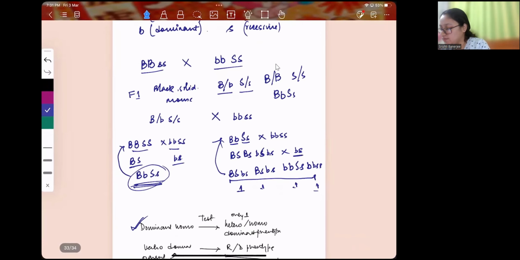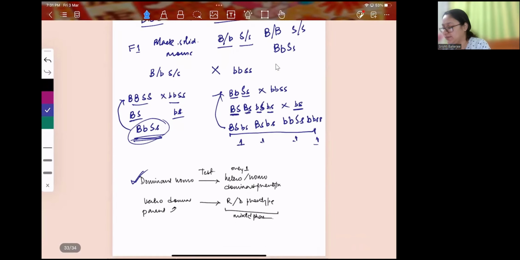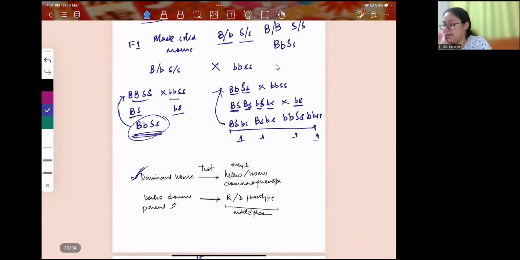Why? Because you see there's a variation here. If my result gives me a mixed phenotype, then it is heterozygous. And if my result gives me only the dominant phenotype, not a mixture like this,